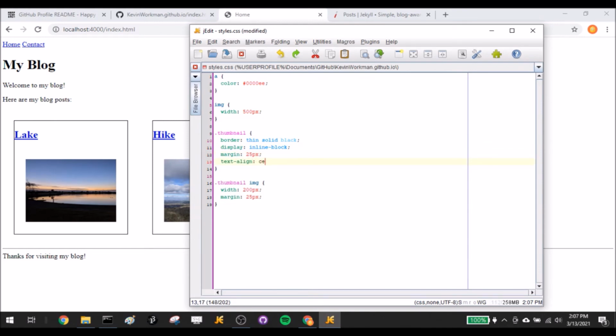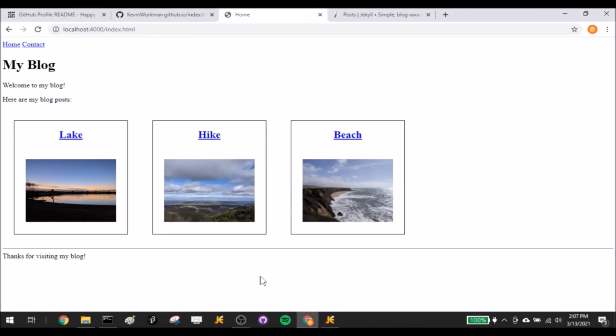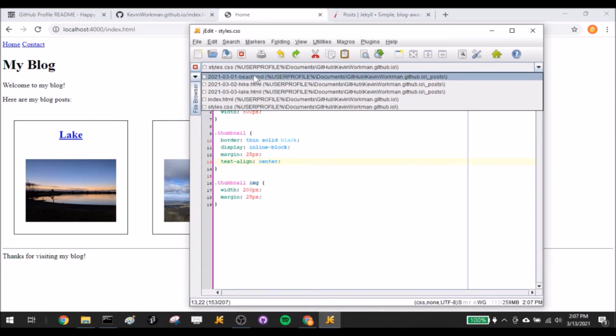Text align center, maybe. Yeah, good enough. You can think of other things that you could do. Maybe you specify a little description here. Maybe you add the date, and all of these things are doable using the kind of concepts and the flow